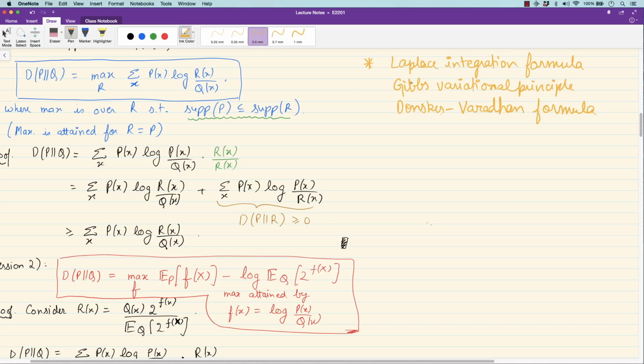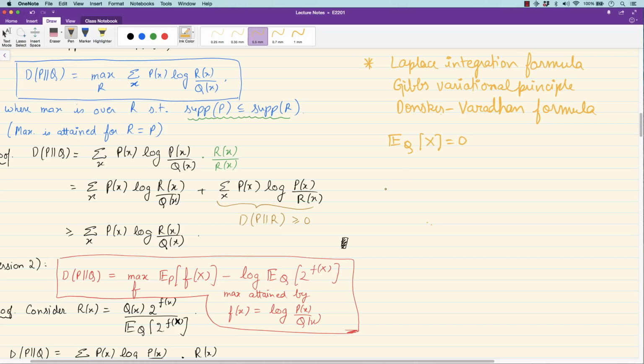All these three different formulae, which have been discovered at different times, apart by 100 years or more, can be related to the formula that we have been seeing, except that instead of expressing divergence in terms of this quantity, we will express this quantity in terms of divergence. So this quantity is quite important. It's the log moment generating function, and it's used in Chernoff bounds. So suppose that you have a random variable x which is zero mean under q,